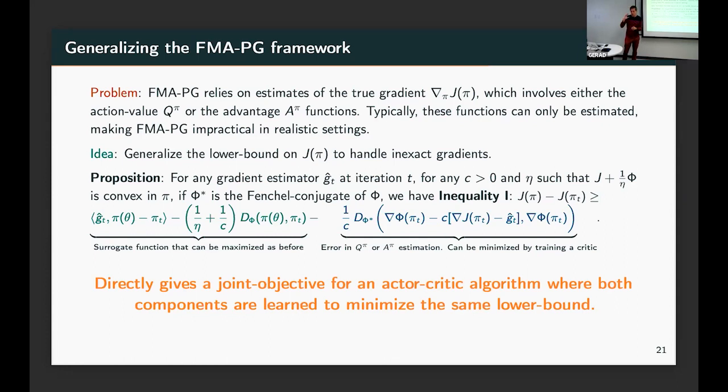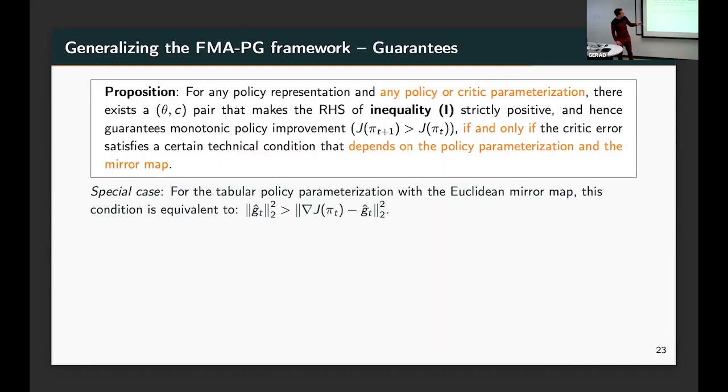Okay. And so the worst quality of the lower bound I can give you so that you can still have the improvement guarantee is defined by this. So this is my estimate of the gradient. This is the true gradient. So basically the norm of my estimate needs to be bigger than, let's say, the difference between the true gradient and the estimate. The squared norm of the difference needs to be lower than the norm of the estimate. If I have this, you can still recover your improvement guarantee. If I'm above, because your model of the gradient is really bad, then at this point you shouldn't even try to optimize the lower bound because you have no idea what's going to happen.